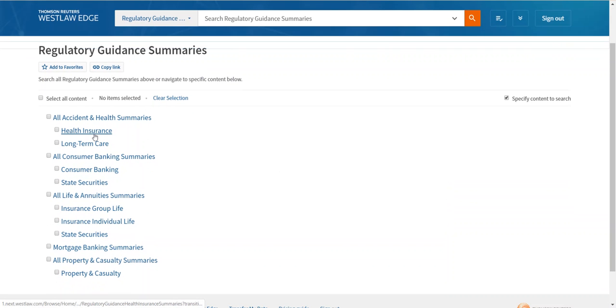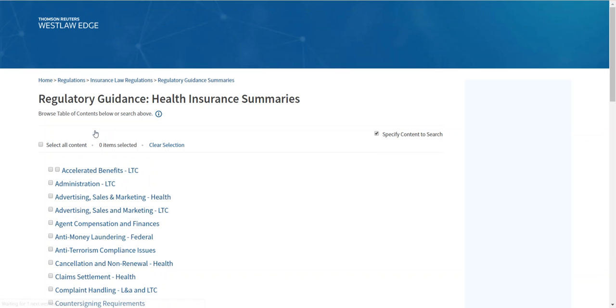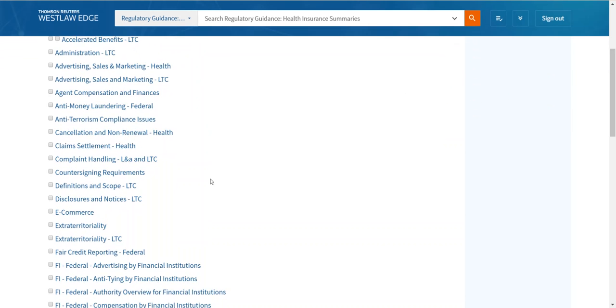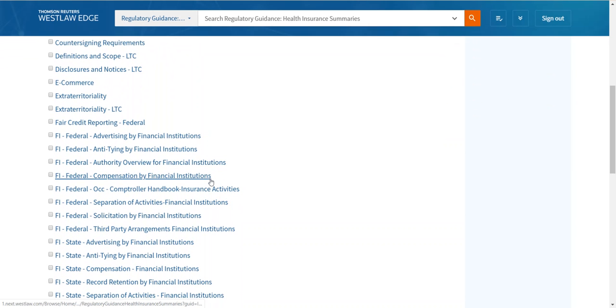Right? So if we're only interested in health insurance or long-term care, we could drill in here. But those of you who are working for insurance companies, you might be interested in the regulatory guidance summaries for property and casualty statutes and regs, or anyone doing consumer bank or banking work, you'll see that there's a topic there. But when I click on health insurance summaries, here are the subtopics under each,